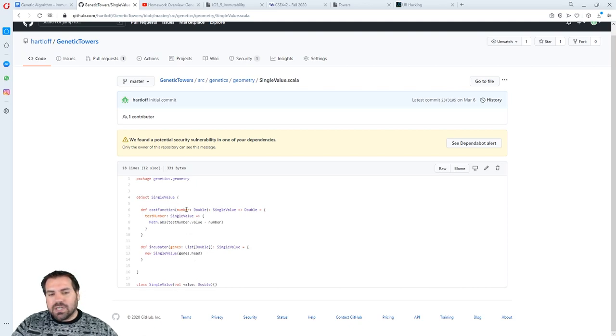The cost function is going to take a single value and return a double, and the cost function is created dynamically. So we give the cost function the solution that we expect, in this case the number that the genetic algorithm is supposed to guess, and